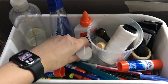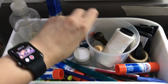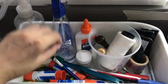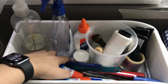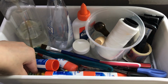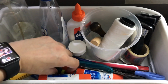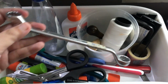This small pot that I pour glue into, this bottle of Elmer's glue that's extra strength, and an Elmer's glue stick that is also extra strength. This spray bottle of alcohol is for my hands, not for the notebooks. Beside it is a spray bottle of water that I use for cleaning up my desk whenever I accidentally spill glue on it. More glue sticks, an old eraser pen, scissors, a marker, a wrench for the book press,